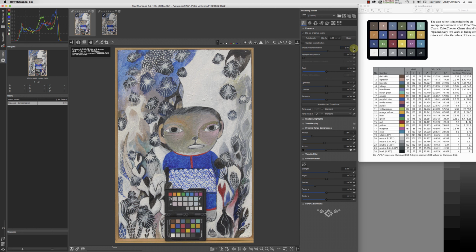Let's have a look. Now what we can do is use block number 19, and if you look at block number 19, it's 243, 243, 242, so it's a little bit on the warm side but hardly noticeable. But the Lab value, or L value, for luminance should be 96.5, and if we hover over it, we can see that it's only 86.8. So we actually need to turn everything up a little bit more, and let's just turn it up one whole stop,